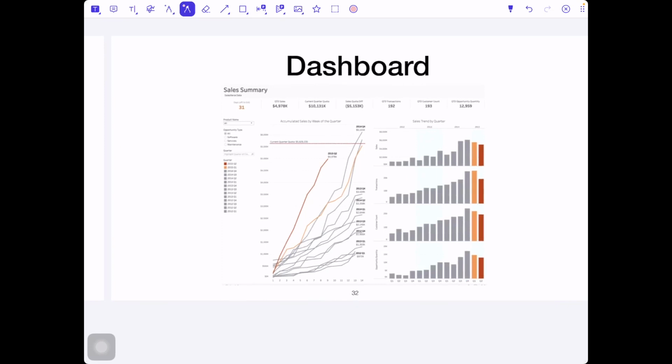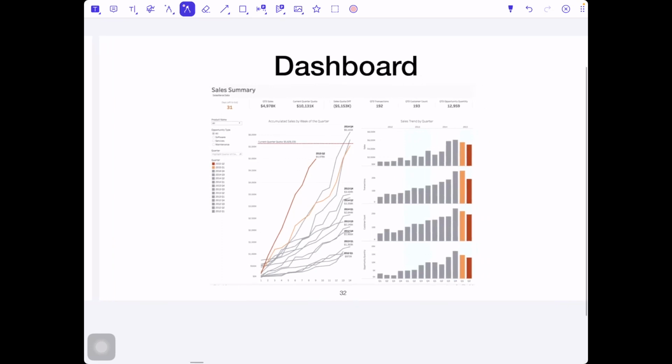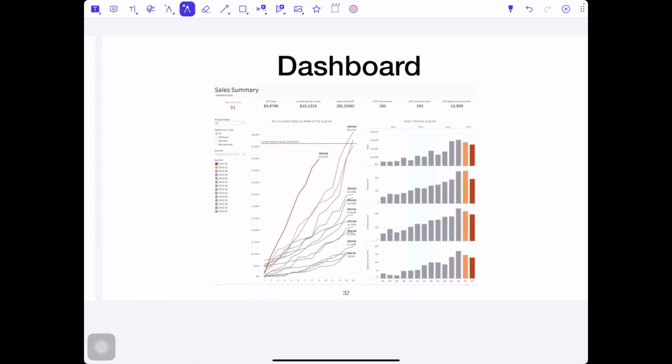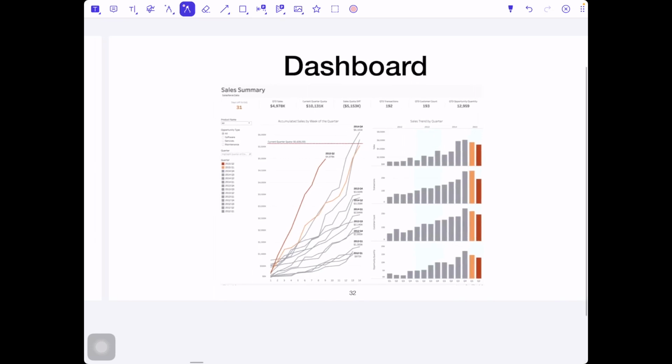On this dashboard, any salesperson can see not only how sales are progressing this quarter, but also how this progression compares to the previous quarter.